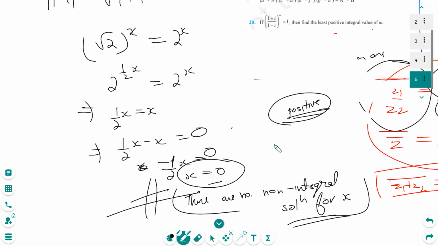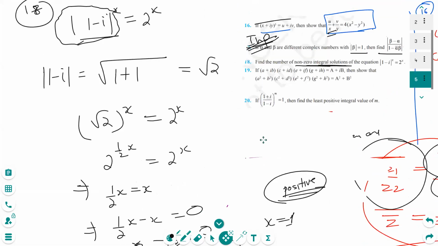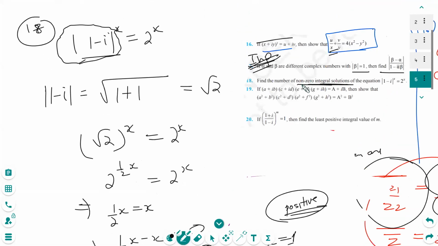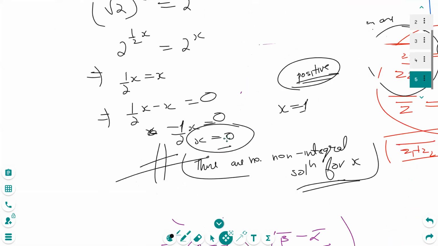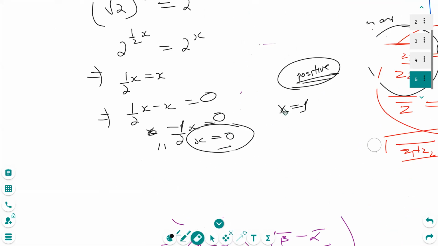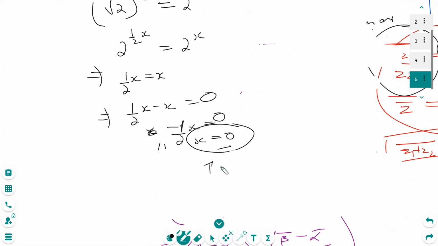अगर यहाँ पे ऐसे आता कि x इक्वल टू 1 या फिर 2 कुछ भी, तो कहते देयर आर 2 या फिर देयर आर 1 नॉन इंटीग्रल सॉल्यूशन फॉर x. Okay, so that's how we do it. Non-zero. See, non-zero, non-integral means non-zero है. Non-zero means something that is not zero. तो zero वाला जो नहीं है वो तो है ही नहीं इसमें. I hope I'm not confusing you people. Non-zero means something which is not zero. So I have nothing that is non-zero here. So there are no non-zero integral solutions, to be more precise. Clear? Yes.